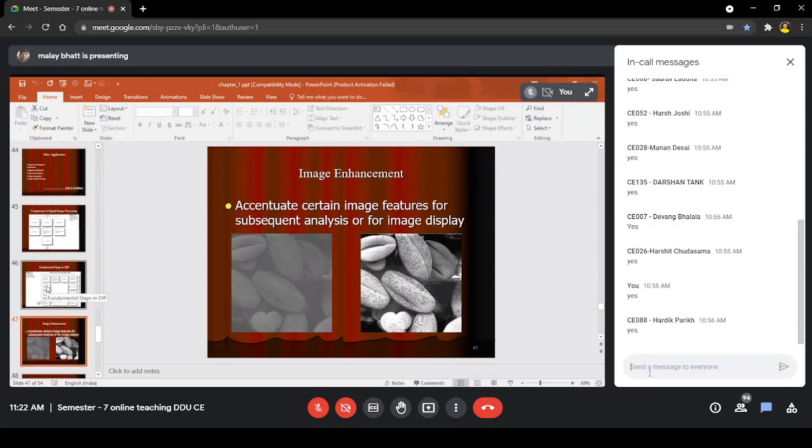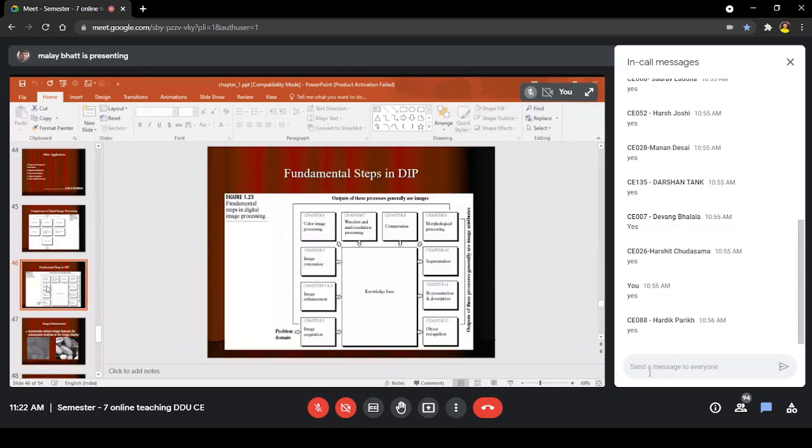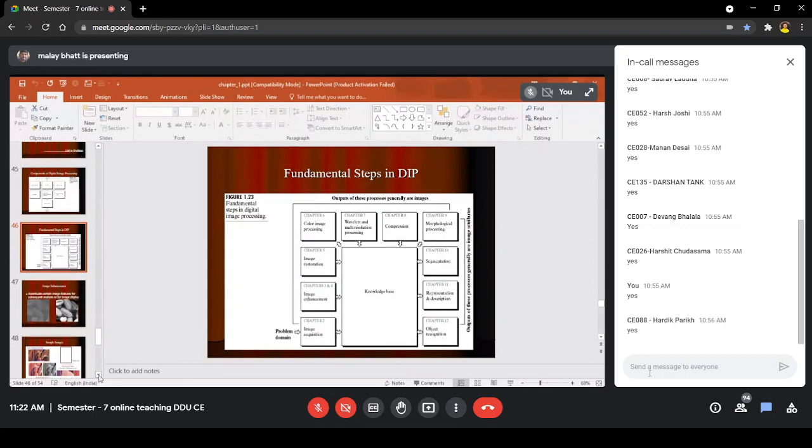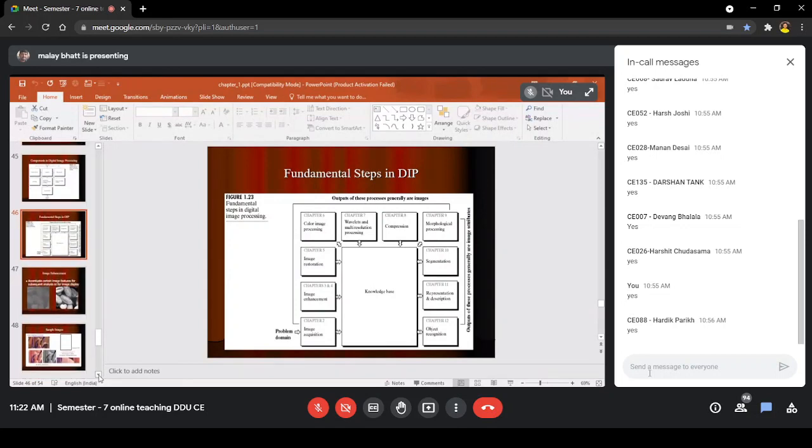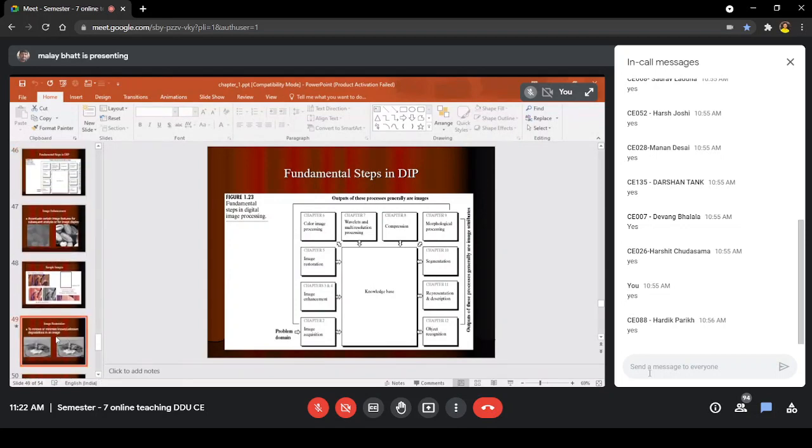So that is chapter 3 of your book. And chapter 4 is also image enhancement, but it is in the frequency domain. So you will learn more about time domain, spatial domain, and frequency domain in chapter 3 and chapter 4. The next goal is image restoration: if an image is not of good quality, how you can restore that image. That comes under this.